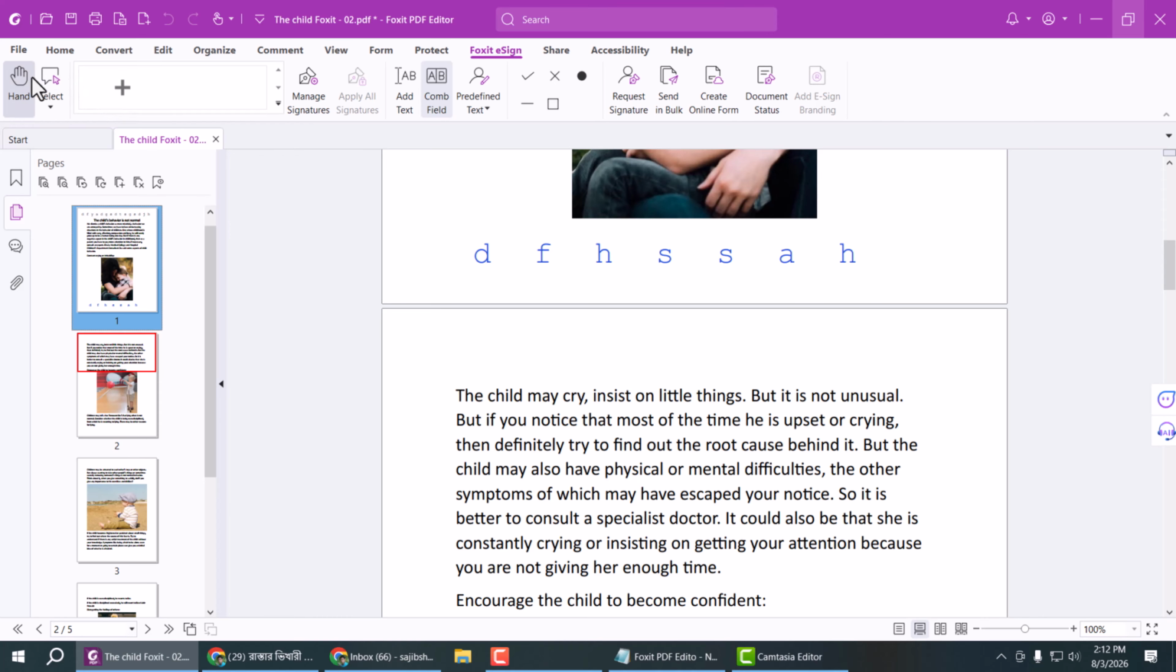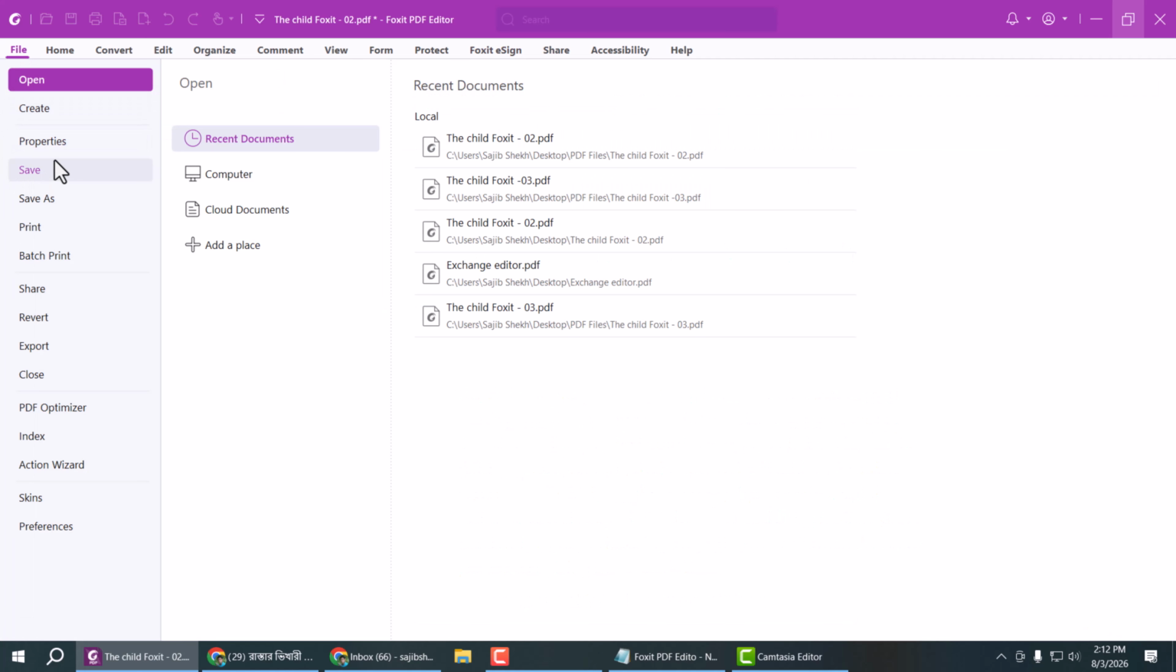And finally, select this File option, save or save as a